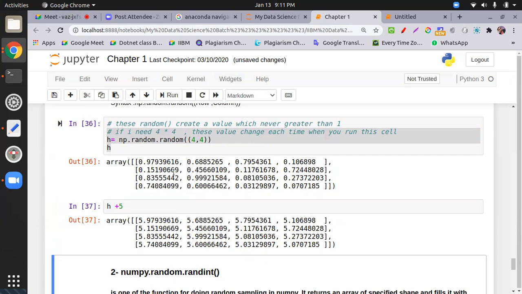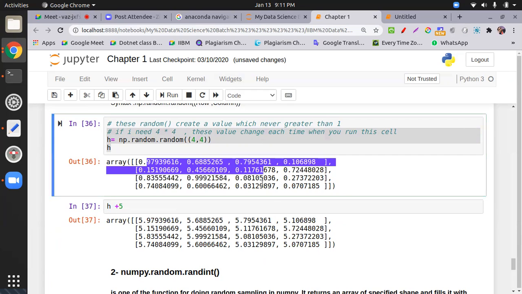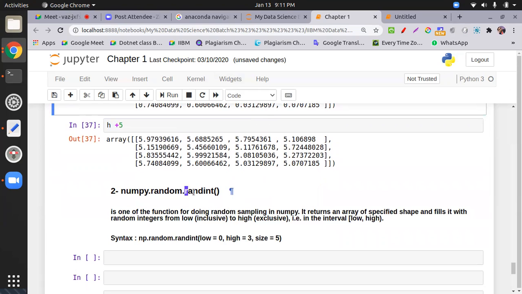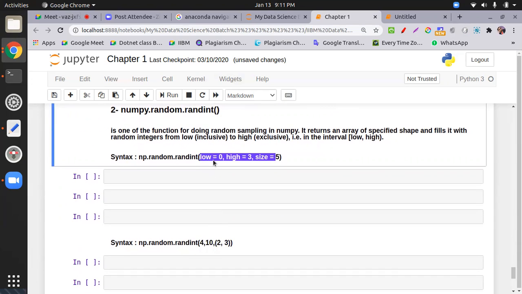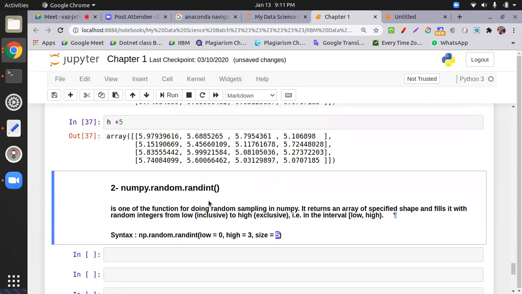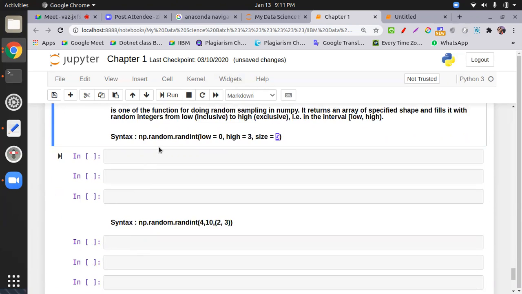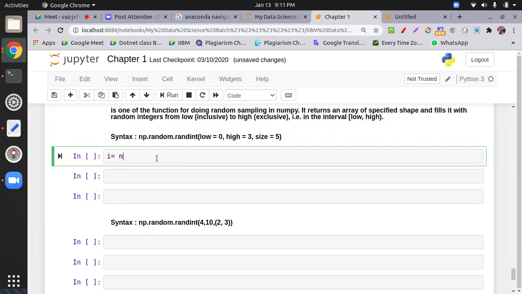So the first way generates fractional values. The second way, you are getting a random integer. The function accepts three parameters. What parameters? What is the minimum value, what is the highest value, and what is the size of the matrix? For example, I take the variable name i equal to np dot random